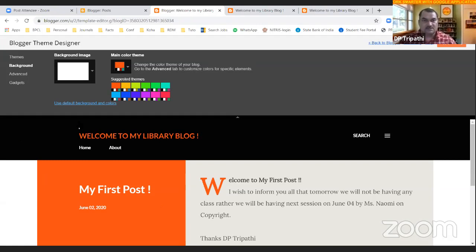For example, I just change it to blue. Now I can see it has the effect in my whole blog. If I change it to pink or green or whichever, it will have the control or the effect throughout my blog. Similarly, there is an advanced feature